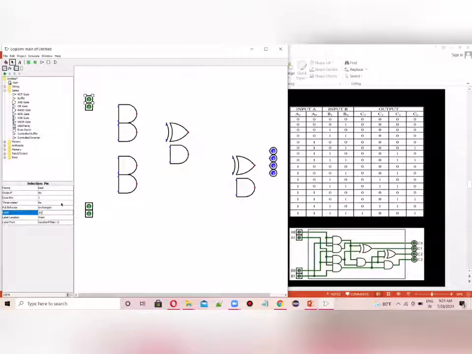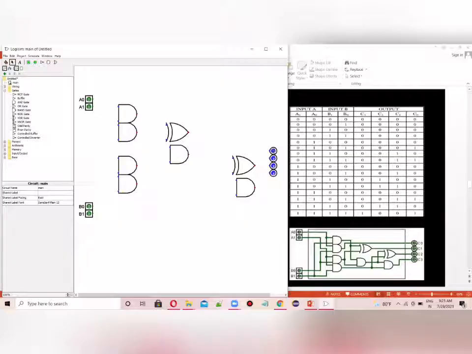Now let's name these inputs as A0, this as A1. So it is the subpart of A. And now this as B0 and this one as B1. Now it's done.